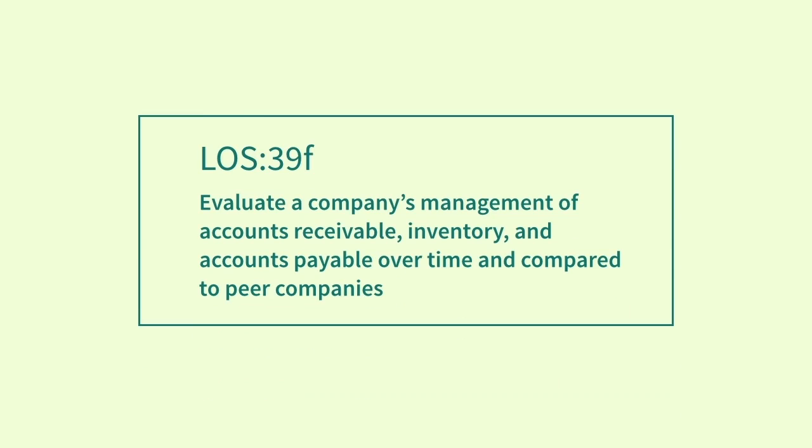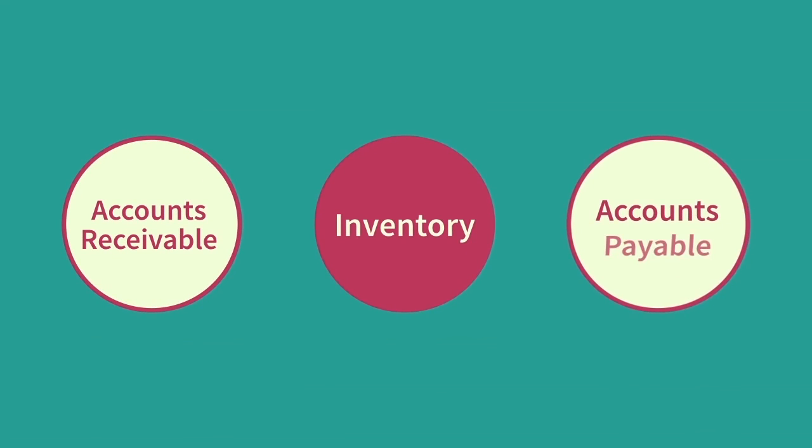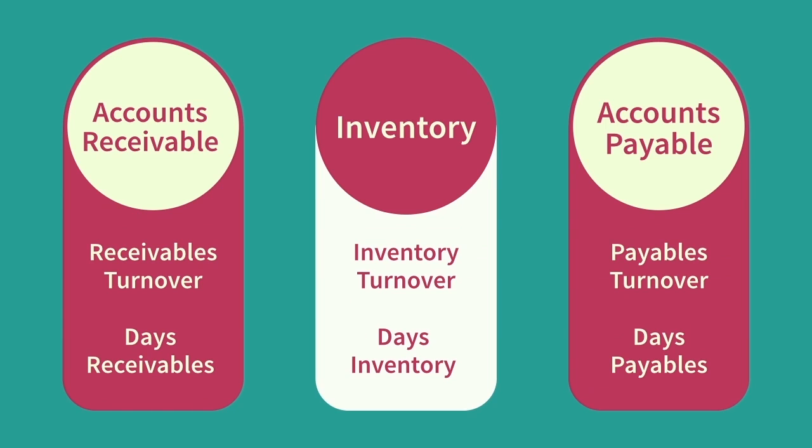Evaluate a company's management of accounts receivable, inventory, and accounts payable over time and compared to peer companies. So we have three areas of a company's operational business to discuss here: accounts receivable, inventory management, and accounts payable. Now, when we assess each of these areas, the turnover ratio and number of days outstanding will be vital metrics for us. Although we have some other ideas in each area, the turnover and days outstanding figures will be key